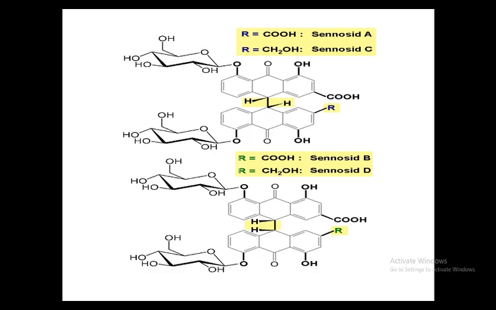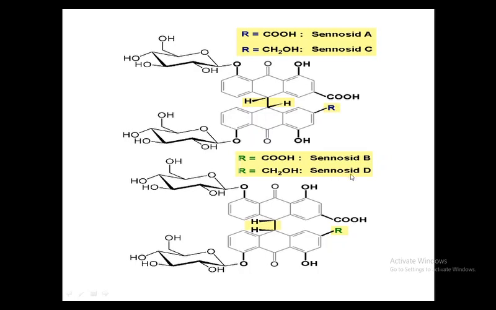These are the structures of sennosides, the glycosides in Senna plant. You can see here the difference between the dextrorotatory and mesorotatory Senna glycosides. So Sennoside A and Sennoside C are differentiated based on the functional group attached to the anthraquinone ring. The carboxylic acid group containing glycoside is known as Sennoside A. Both groups are carboxylic acid, right? Whereas where one carboxylic acid group is replaced with a primary alcohol functional group, this is known as Sennoside C.